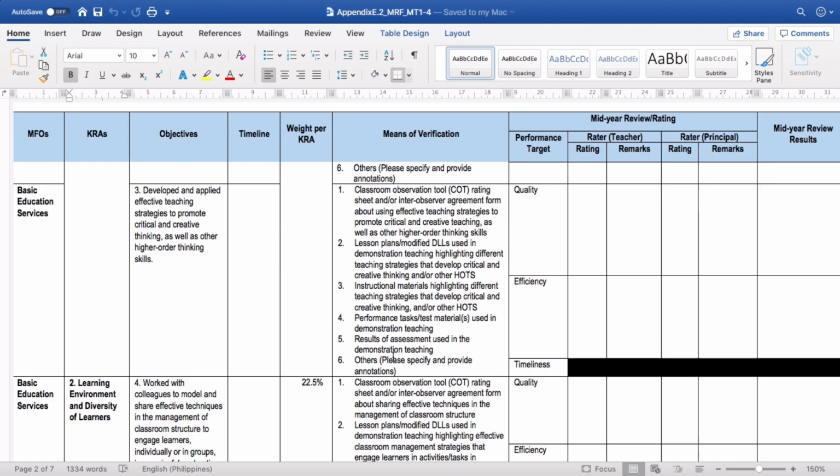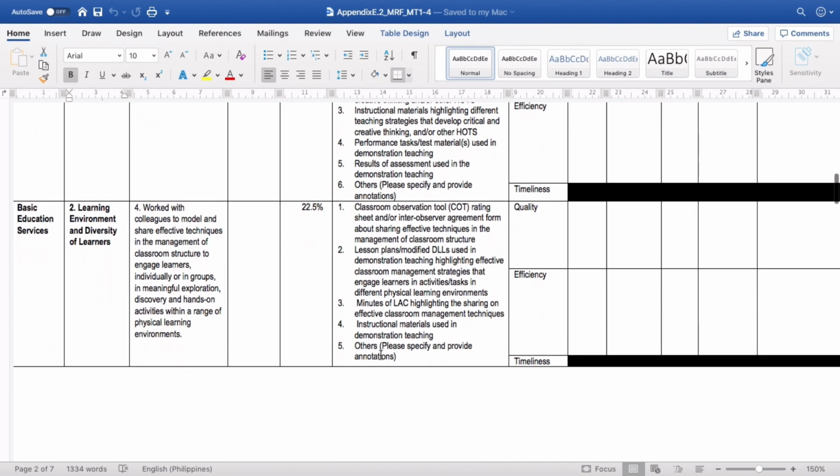Work with colleagues to model and share effective techniques in the management of classroom structure to engage learners individually or in groups in meaningful exploration, discovery, and hands-on activities within a range of physical learning environment. So what are the MOVs here? COT, lesson plan, minutes of block highlighting the sharing of effective classroom management techniques, instructional materials used in the observation,